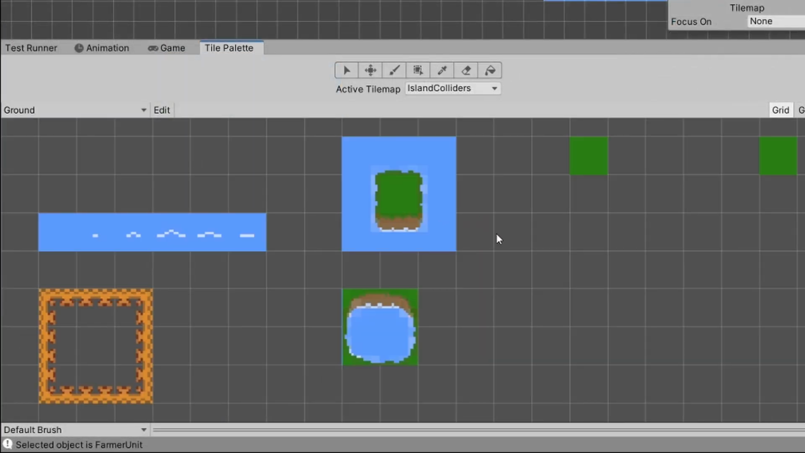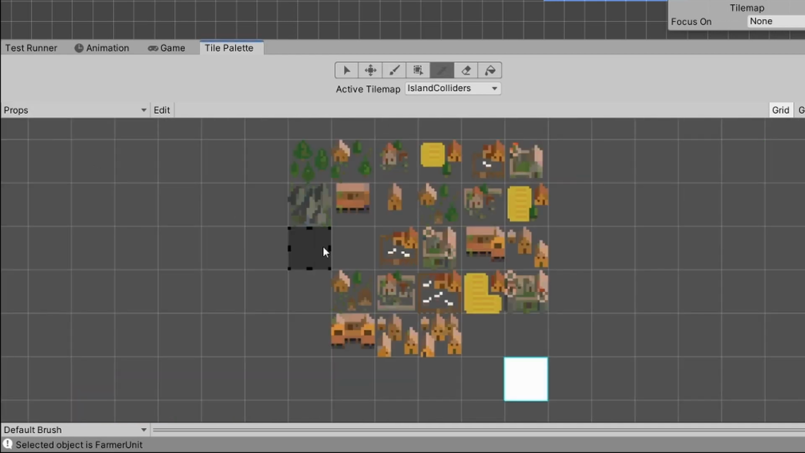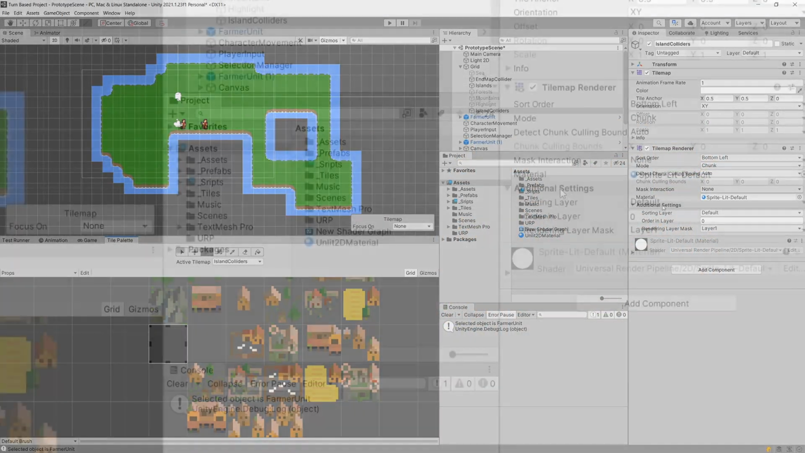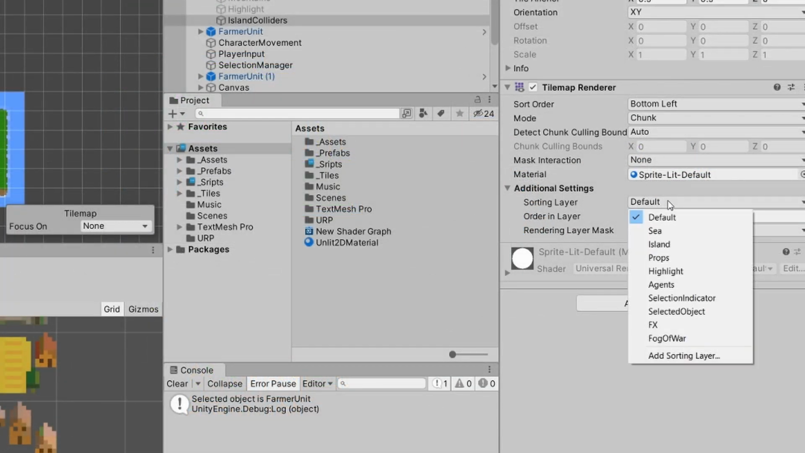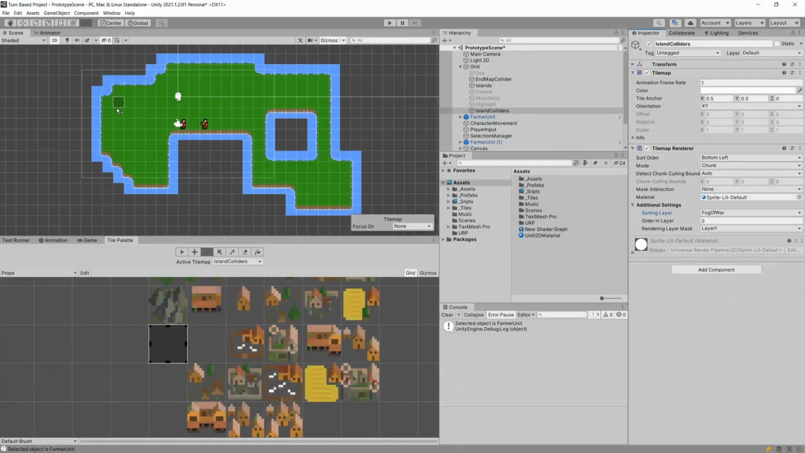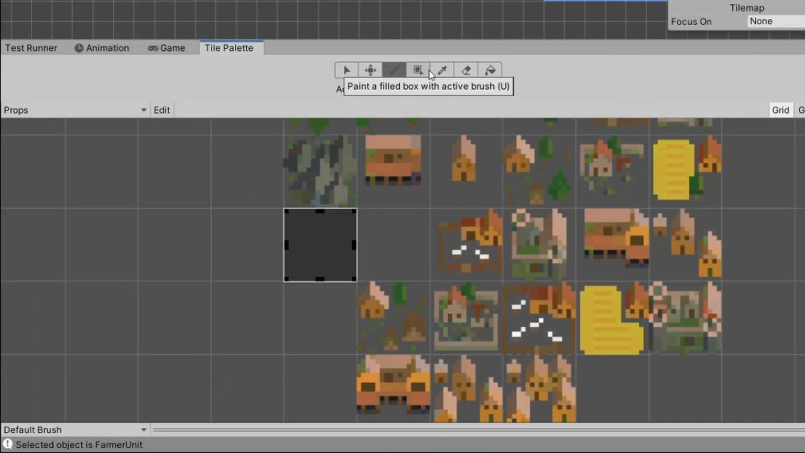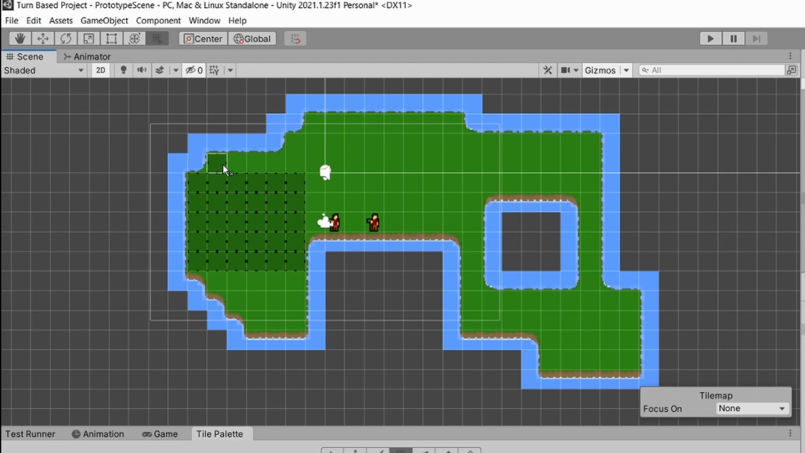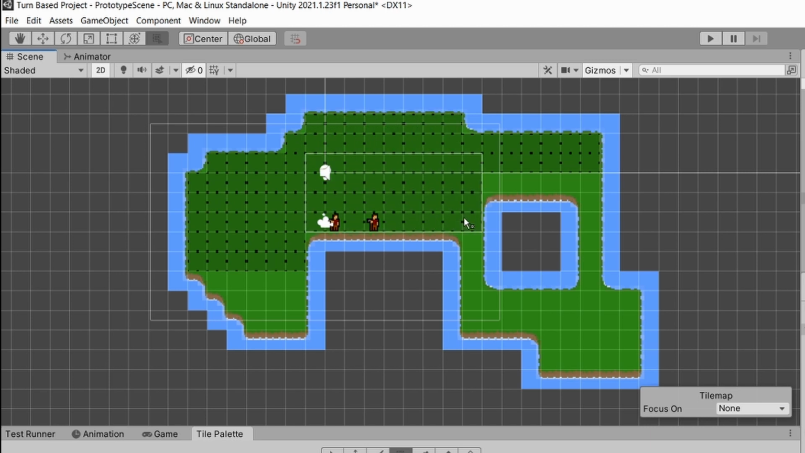We have the props and ground, as you might recall. I think that in props we should have this dark gray tile, so let's use this one. What I will do is select in the tile palette the active tile map island colliders, and we can set the additional settings of this tile palette in the inspector. Let's set this to be, for now, the fog of war, so we can see it. I will select this paint a filled box tool, and I will fill in the map where there is the island, but not the parts where we have the water,